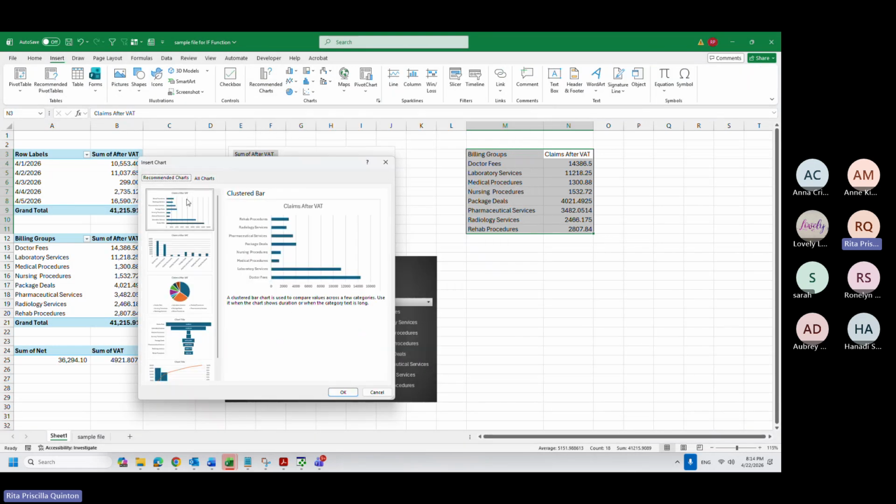So now the recommended charts are appearing because this is just called a chart. The other one that we did is called pivot chart because we are doing a chart from the pivot. But if it's just a table like this, recommended charts now appear, we can also do like this. This is also a good example to see where we are having the highest amount.